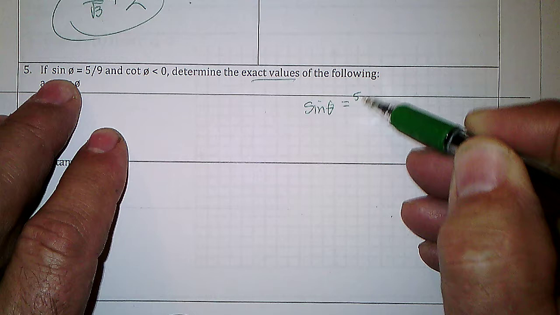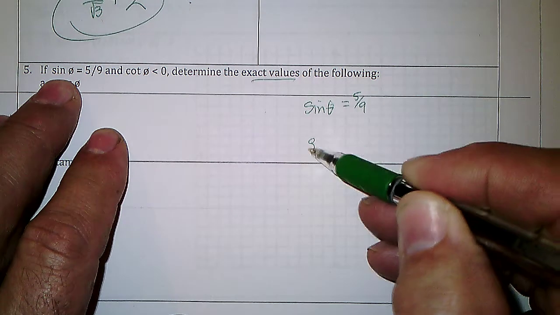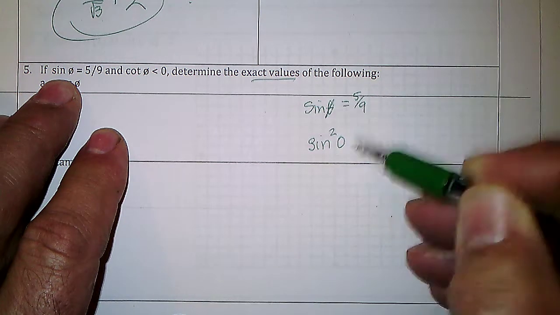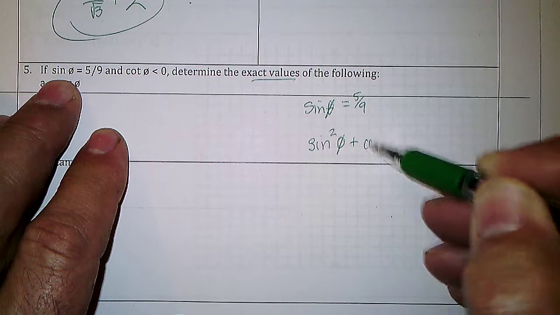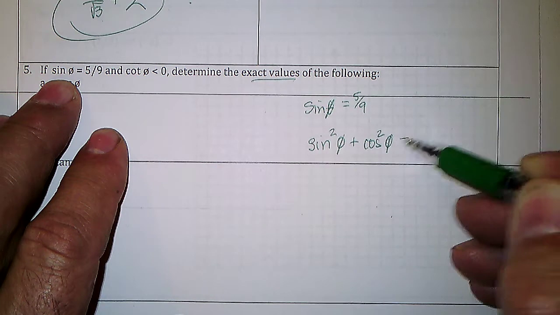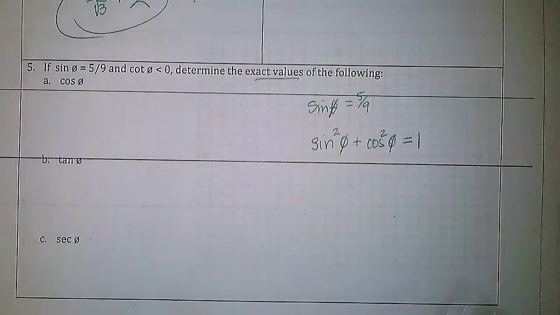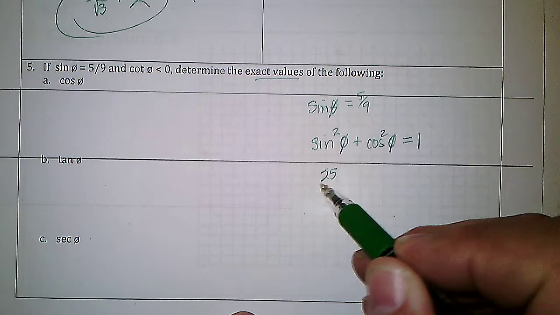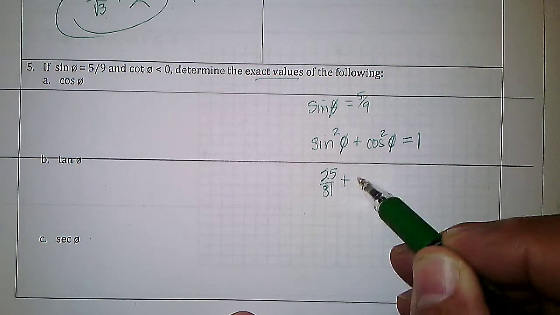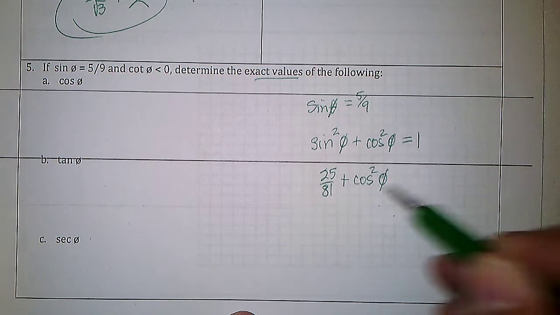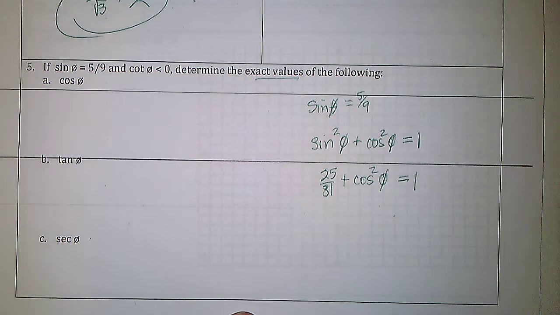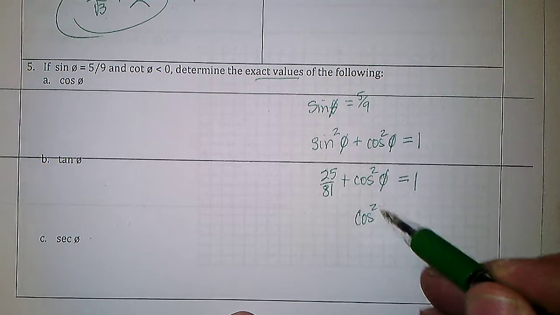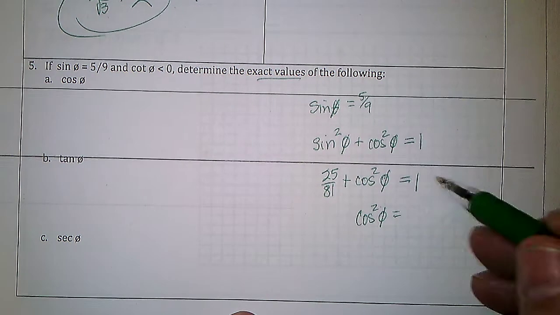is 5/9, and we know that sine squared of an angle, I'm changing it today, that should be phi, plus cosine squared of the same angle always equals 1. So if we use 5/9 for the sine and squared, we get 25/81 plus the cosine squared of the angle is 1. Then if I subtract 25/81s from 1, I get the cosine squared of phi equals 1 is